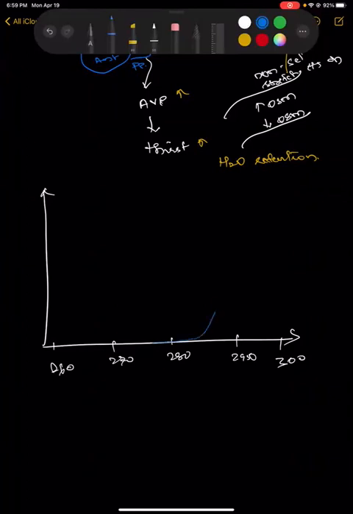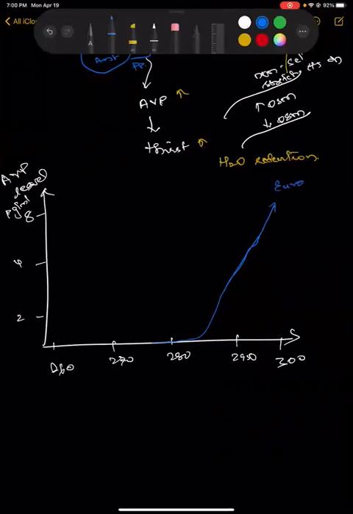So this will be our normal osmolality. And this graph here depicts the arginine vasopressin levels in picograms per mmol. So 2, 4, and 8 picograms. Whenever the plasma osmolality is normal and we are in a euvolemic state, the secretion of arginine vasopressin is very steady, and it happens in a very slow rise. So this is when there is euvolemia, or when the osmolality is normal.